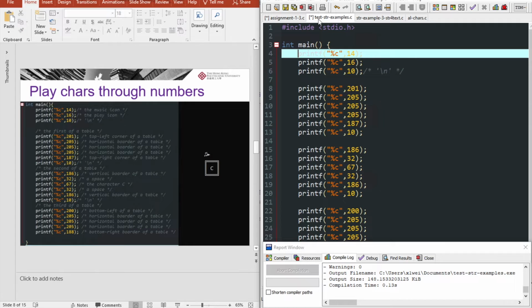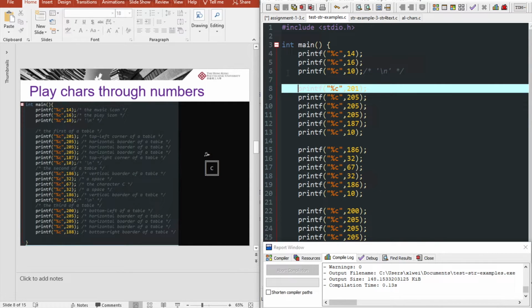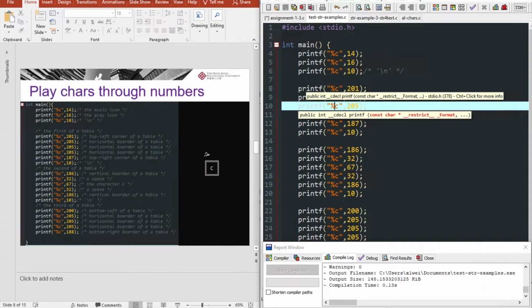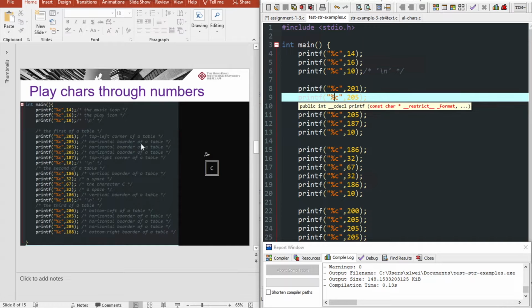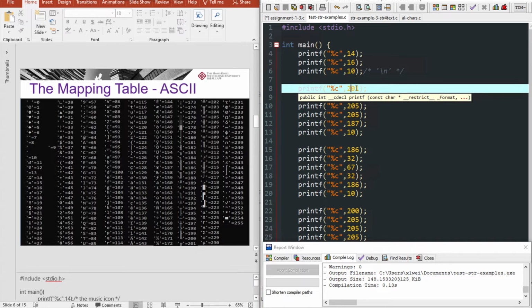I don't like doing it this way. However, I think by doing it, it will help you to understand these charts better. Right now you will see that what we're going to have is the music icon and the play icon, and also a square with a C. If you are checking why we are having this result, by going back to the ASCII table, you will see that